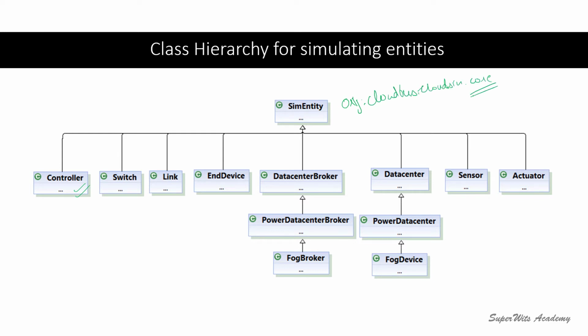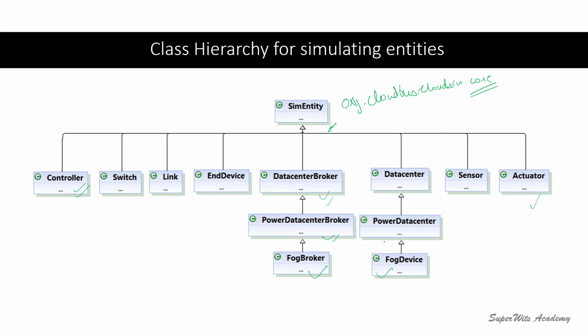org.cloudbus.cloudsim.core package. You can go and look into that package and read about this class definition. This is one of the classes which is going to be extended for implementing its work directly. So these 6 classes have a direct extension of that SimEntity, whereas your FogBroker and FogDevice extend this SimEntity through a hierarchy, where FogBroker includes the PowerDatacenterBroker, which further includes the DatacenterBroker, and that further includes the SimEntity.